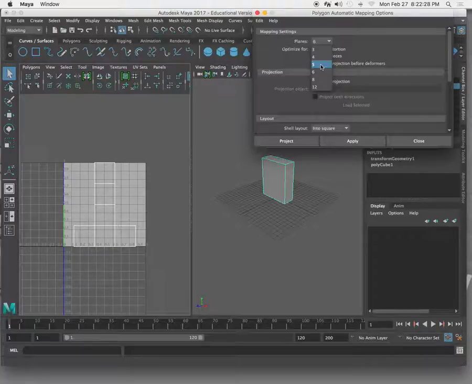Yeah, 3 is actually the correct answer. Why 3? Well, if it's looking at it from 3 angles, what are the 3 angles it's going to look at it from? X, Y, and Z, right? So if it looks at it from the x-axis as one of the angles, it'll pick up the 2 sides, right? It'll look at those 2 sides and go, yep, those are it. If it looks at it from the y-axis, it's going to pick up the top and the bottom and project those. Look at it from the z-axis, it's going to catch the front and the back. Make sense? You could do 6,